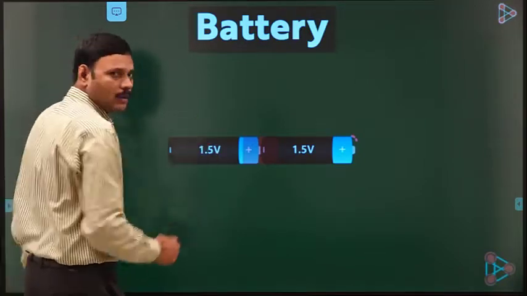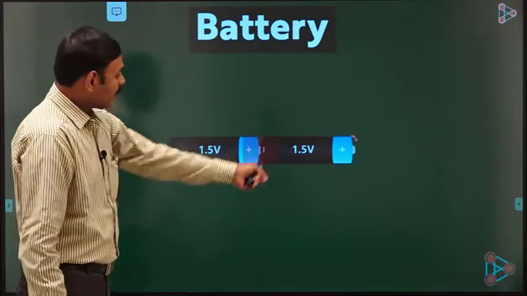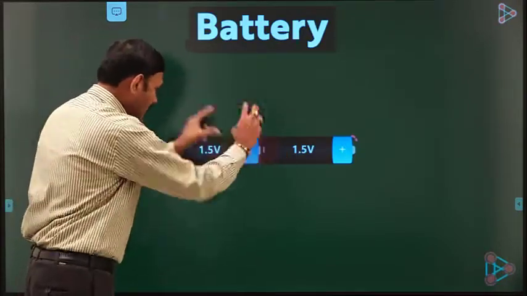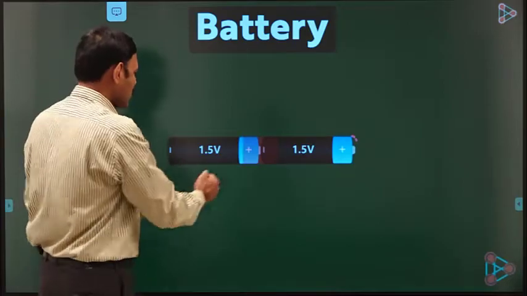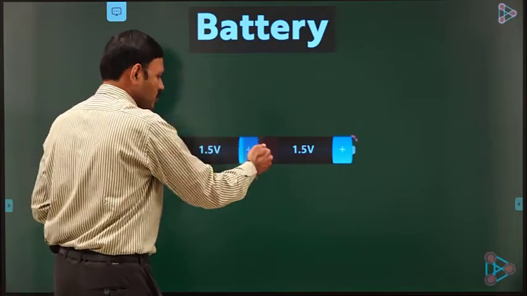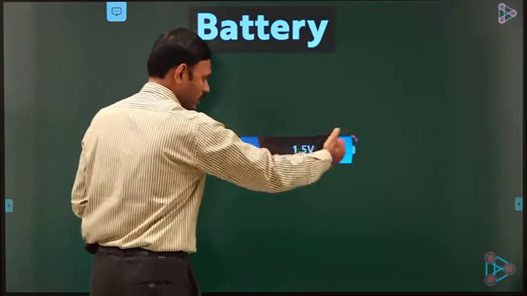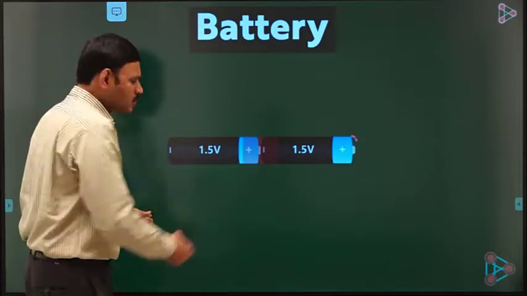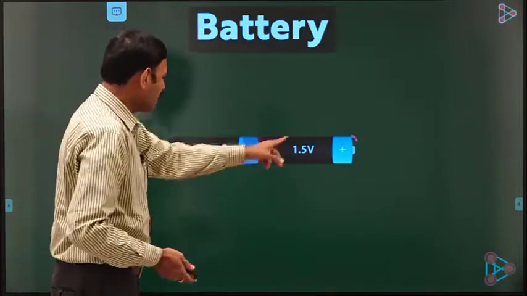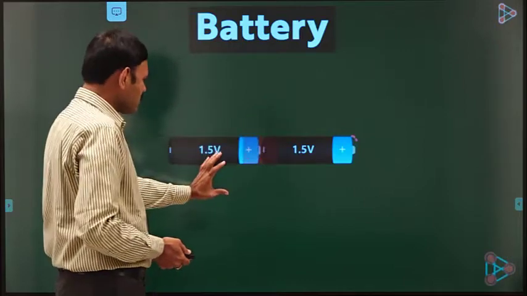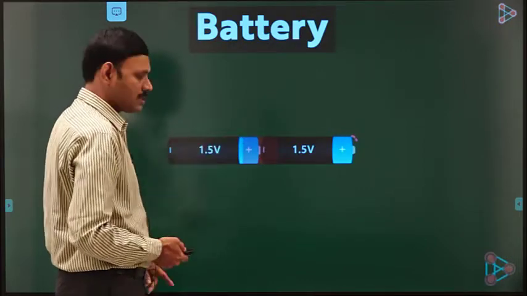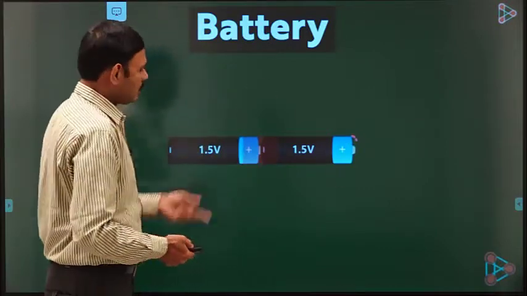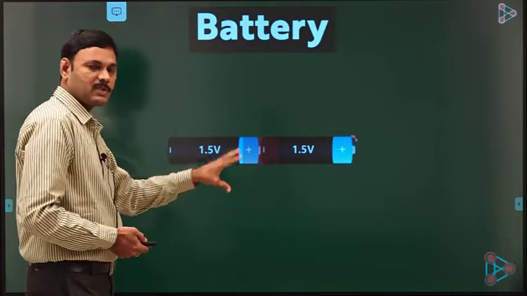We prepared the cell with 1.5 volts potential difference, and we take identical cell having another 1.5 volts potential difference. We connected them as shown in this diagram, such that positive terminal of the first cell connected to negative terminal of the second cell, and so on. If you have any number of cells, if you continue this connection as I explained here, positive terminal of the first cell is connected to negative terminal of the second cell, and so on. This is the series combination of cells, which gives the net voltage as the sum of the voltages of the cells. So later we derive the expressions by using physics phenomena.